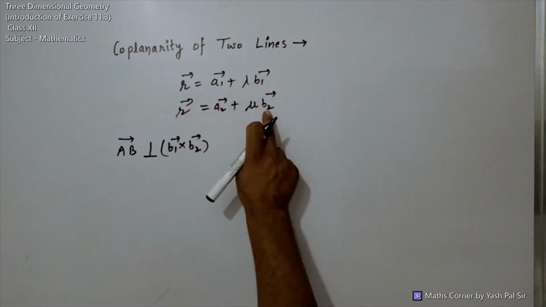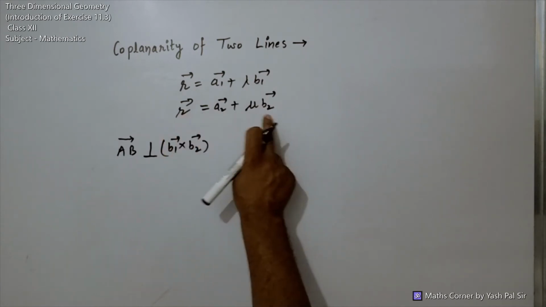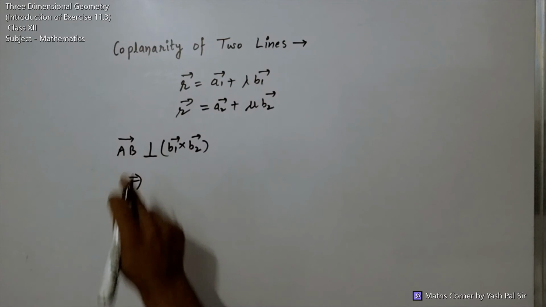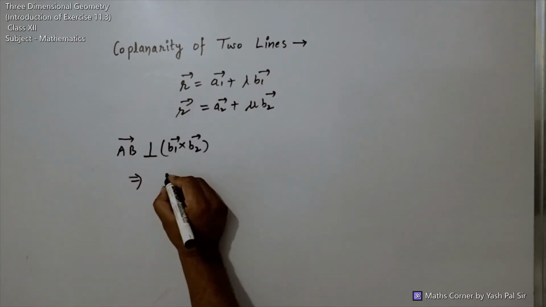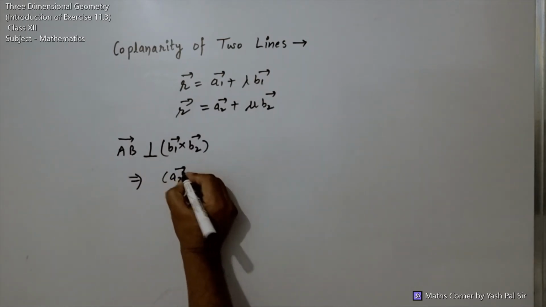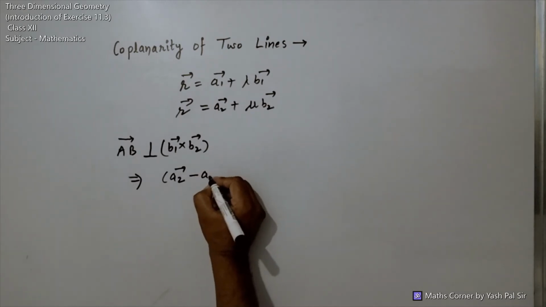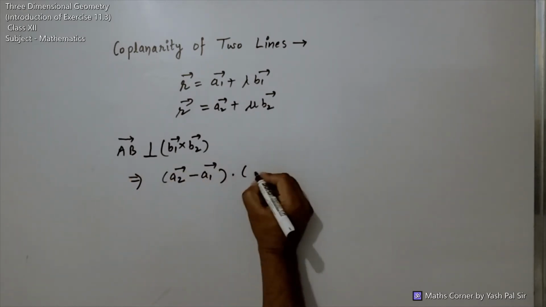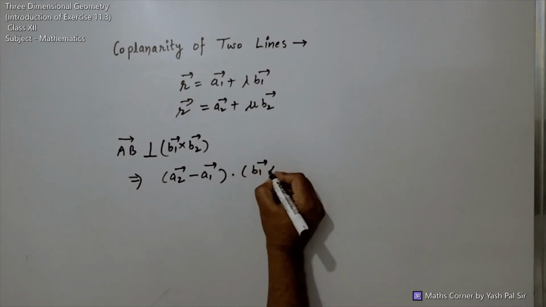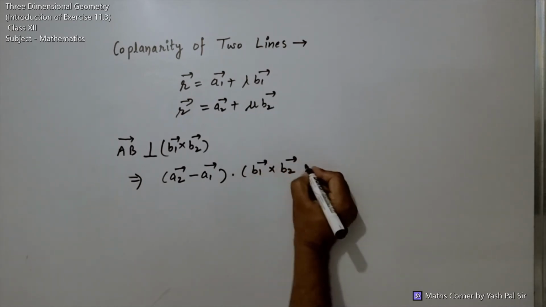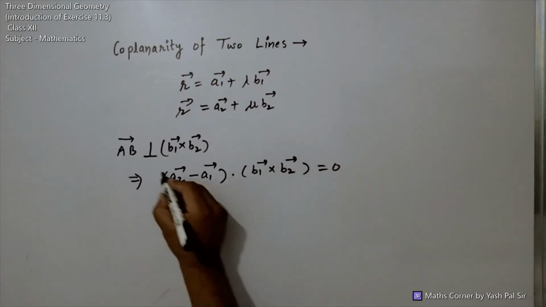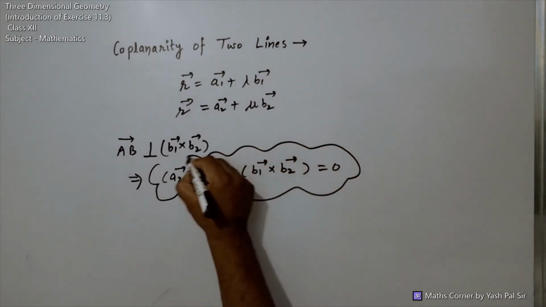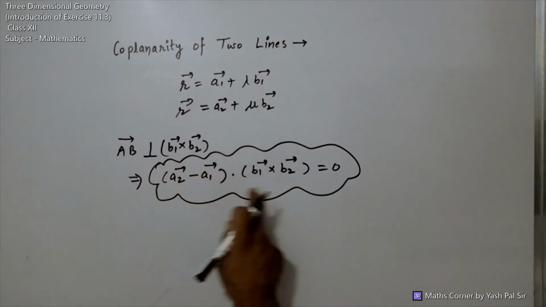B1 is the vector, the first line is parallel. B2 is the vector, the second line is parallel. So this way, what is AB? AB means vector A2 minus A1. The perpendicular symbol means the dot product with B1 cross B2 is equal to 0. So this is the vector form